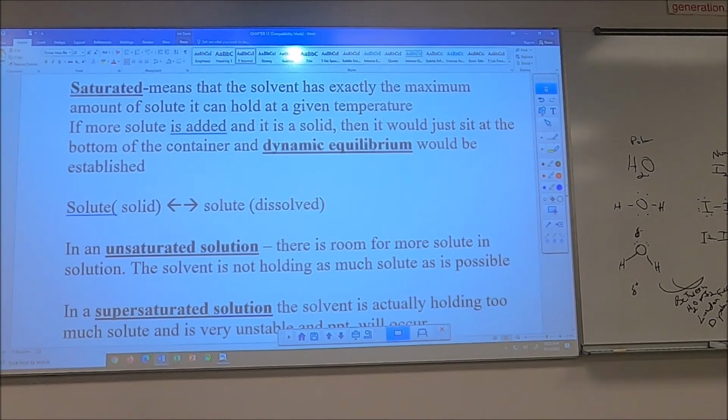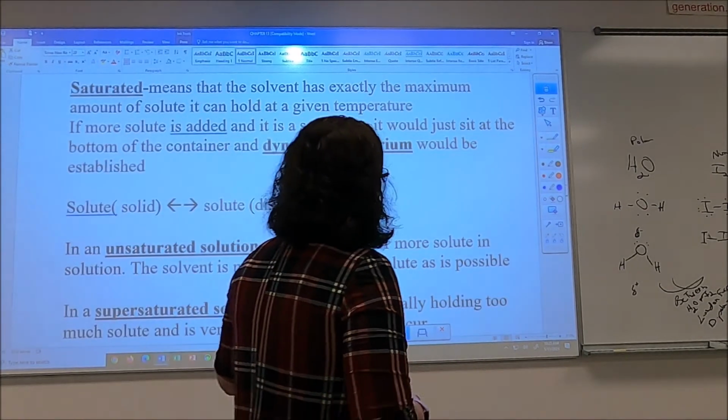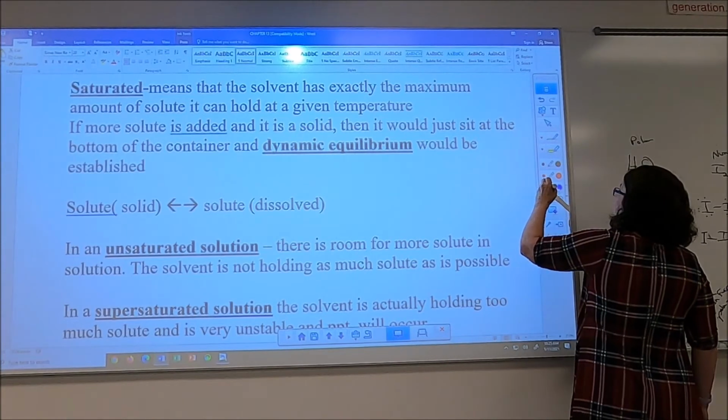Saturated means that the solvent has exactly the maximum amount of solute it can hold at a given temperature. If more solute is added, it won't dissolve. It'll just sit as a solid at the bottom of the container, and a dynamic equilibrium is established. Now, when we talk about dynamic equilibrium,